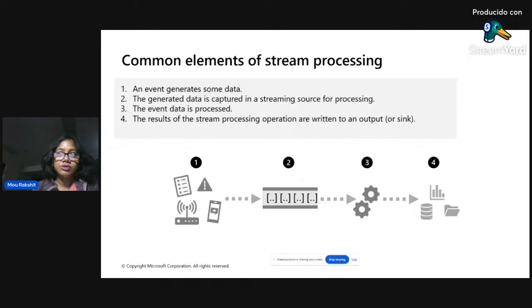Another one would be your Azure data platform or your Azure infrastructure, your compute logs, your application logs, and any audit events, anything that is getting generated as part of processing infrastructure monitoring. All of those are also continuously generated data that is considered stream data that you are going to bring into the platform, and we are going to learn what the different services available for stream processing are. So stream is the world where you are bringing the data from devices, from application logs, from infrastructure logs, even from operational databases.